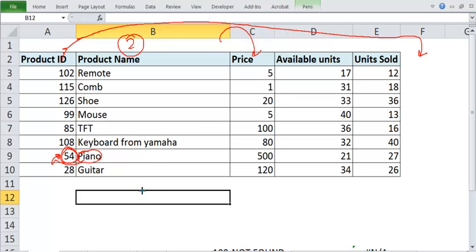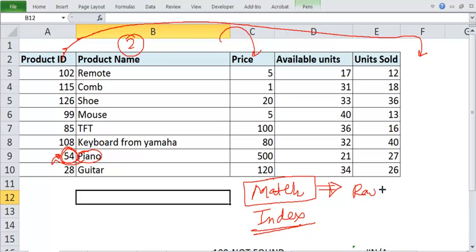Right? What we have is a very wonderful technique for that, and that is what we call match and index. So what does match do? Match will give you the row number which is the matching row number.